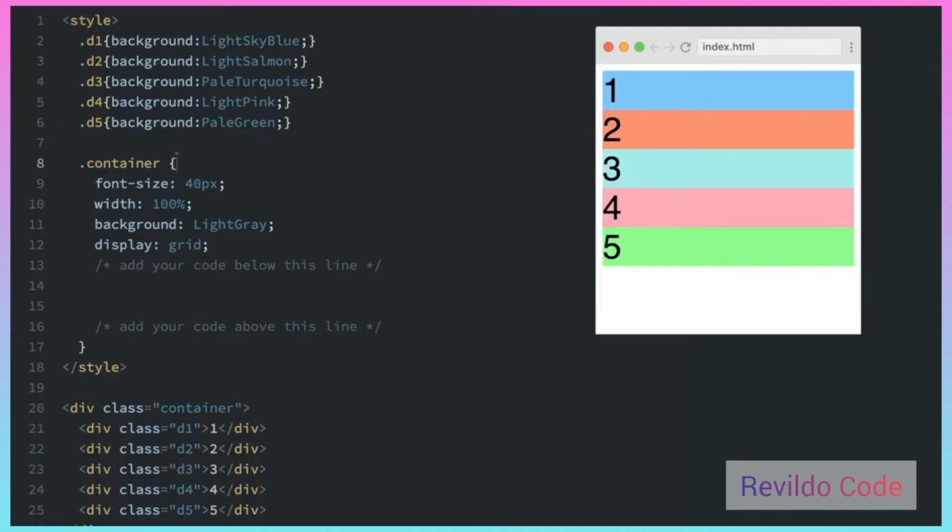Now we need to start defining the structure of the grid. We'll start with adding some columns using grid template columns. So I'm going to do that now and show you how to solve this challenge. I'm going to type in grid template columns,